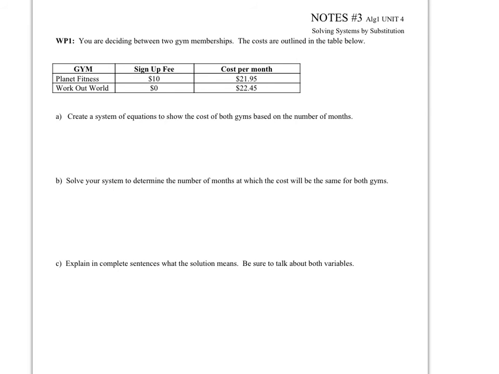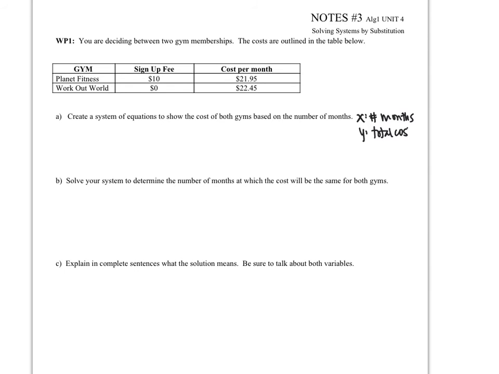So on this word problem, we're deciding between 2 gym memberships, and the costs are outlined in the table below. For Planet Fitness, you have to pay a sign-up fee of $10 and then $21.95 a month. For Workout World, you do not have to pay a sign-up fee, but you're paying $22.45 a month. So it asks us to create a system of equations to show the cost of both gyms based on the number of months. So maybe we use x to represent the number of months and y to represent our total